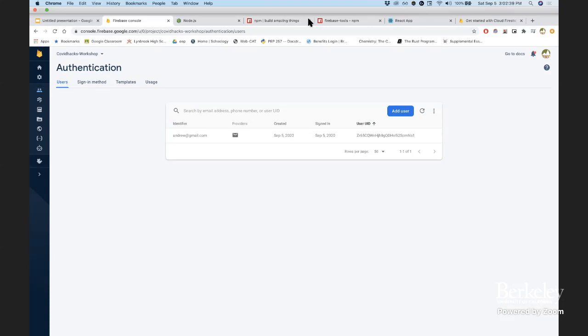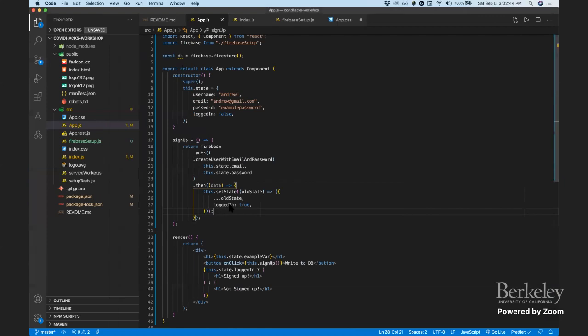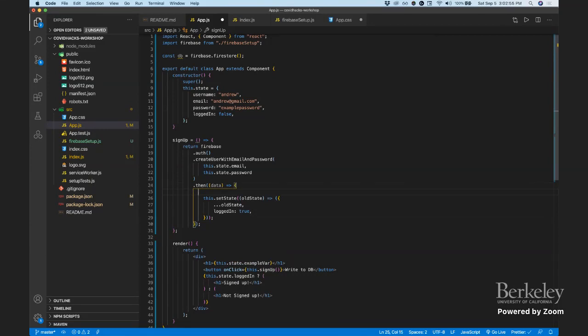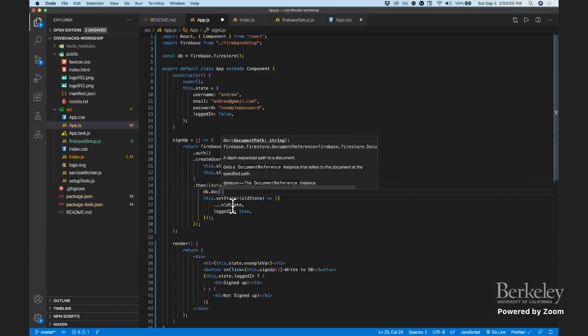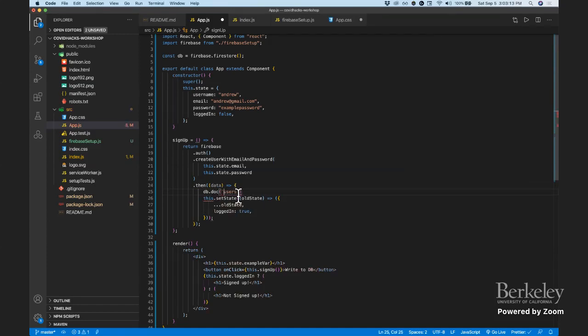Fortunately, I am out of time right now, so I can't really get into logging in. And then usually after this, what you would want to do is also store the username, right? Because we're not storing the username, and you might have first name, last name. So what you would want to do right here is also do a db.doc, and in db.doc, let's just do users slash, and then our username,